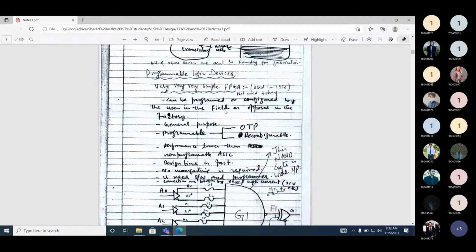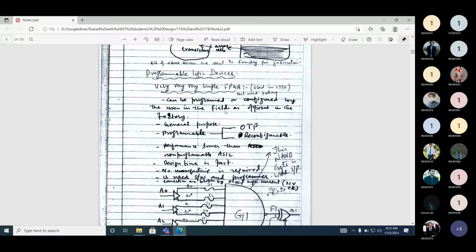In a programmable logic device, you have chips, and in these chips a lot of gates are available. They are prefabricated. These devices have a lot of gates that are prefabricated, and then you can program these devices according to your requirement.